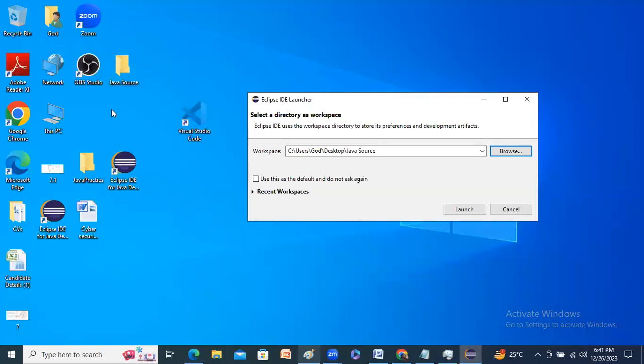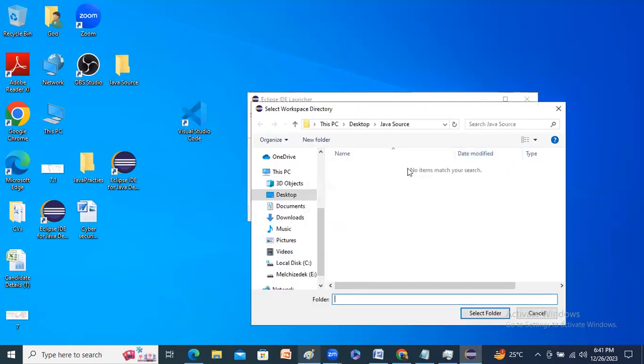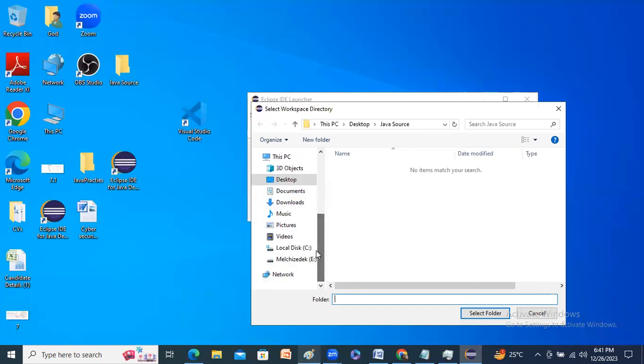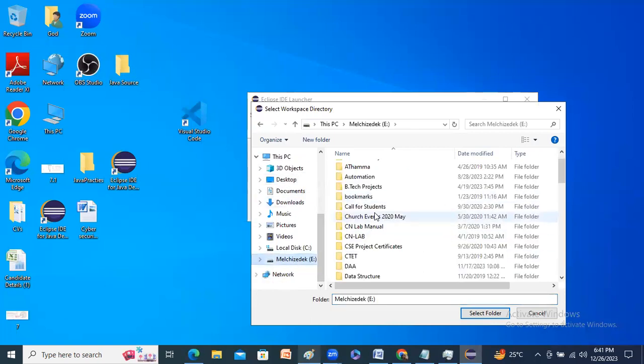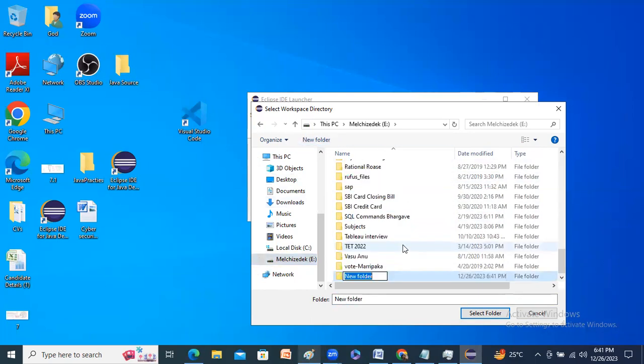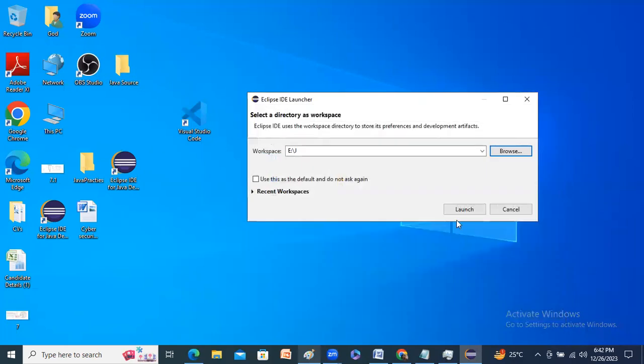So at that time you can create a D drive or E drive, whatever it may be. In that place also you can create the source file. Here I have to choose this, I have to create a new folder, and that folder name is J, for example. That folder name is J. So I have to select that J folder and click